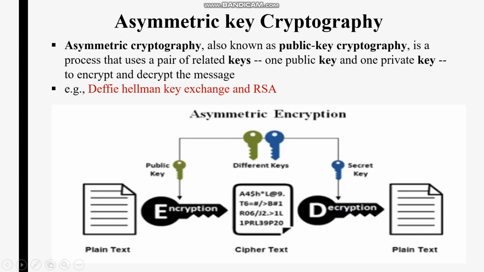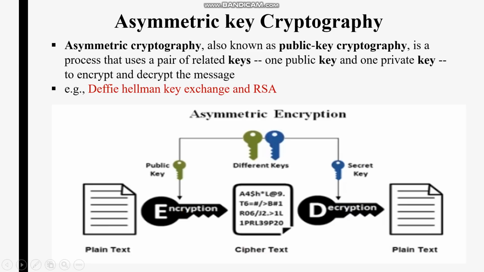So the sender already knows the receiver's public key, whereas the private key is known only to the receiver. Before sending a ciphertext, the sender needs to know the public key of the recipient, and uses that public key to perform encryption and get back the ciphertext. Plain text is encrypted using the public key to get the ciphertext. Now the ciphertext is transferred to the receiver.